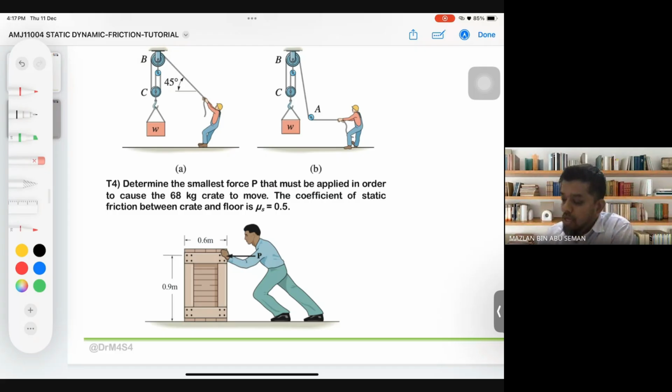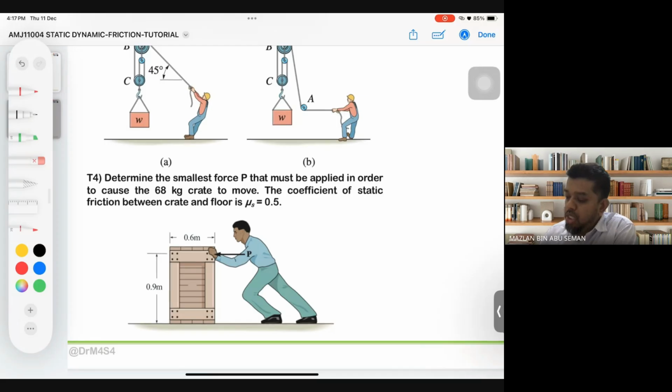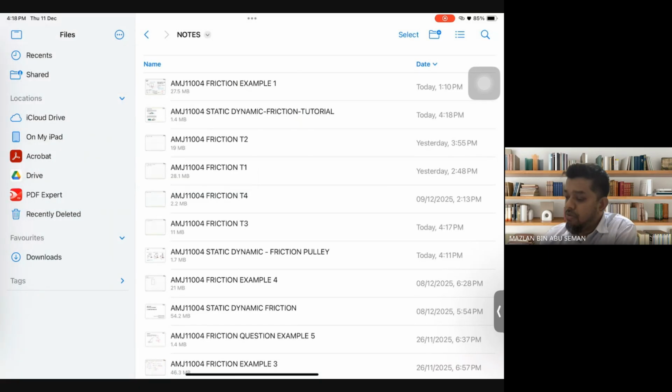Number 4. The man tries to push the crate with the weight of 68. The mu s given to us is 0.5. So we need to find what P is to ensure the crate is moved. Okay, which is this crate will move to the left or slide. So what we have to do, we have to draw the free body diagram first. For the last question,